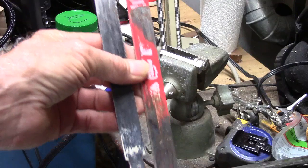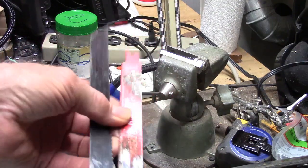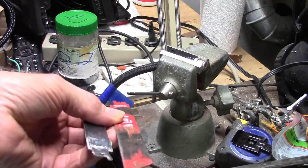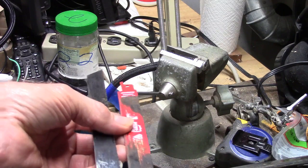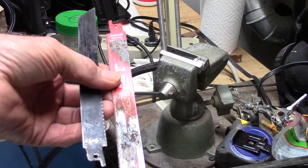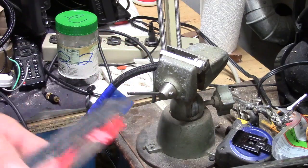Trying to find something that'll carry our Sawzall blades is really tough. They've got those little plastic containers with 5 or 6 blades in there, but the top always seems to break off of them and then the blades spill out everywhere. But what I have done